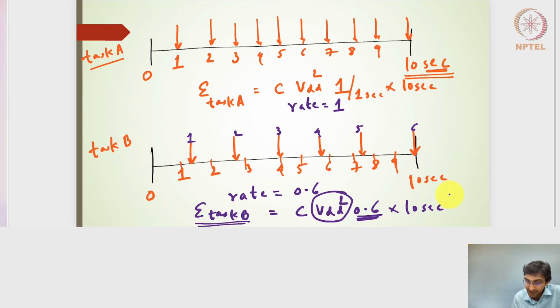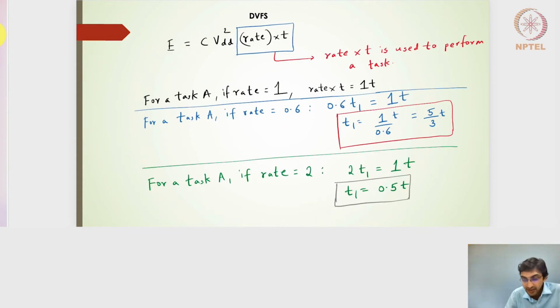So if I actually apply DVFS, then I am going to have C multiplied by 0.6 VDD the whole square, multiplied by 0.6 into whatever the time t. So it is going to give me 0.216 C VDD square multiplied by t of 10 seconds. And if I compare with this, it is going to give me naturally close to 80% of the energy savings, right? Moving forward,